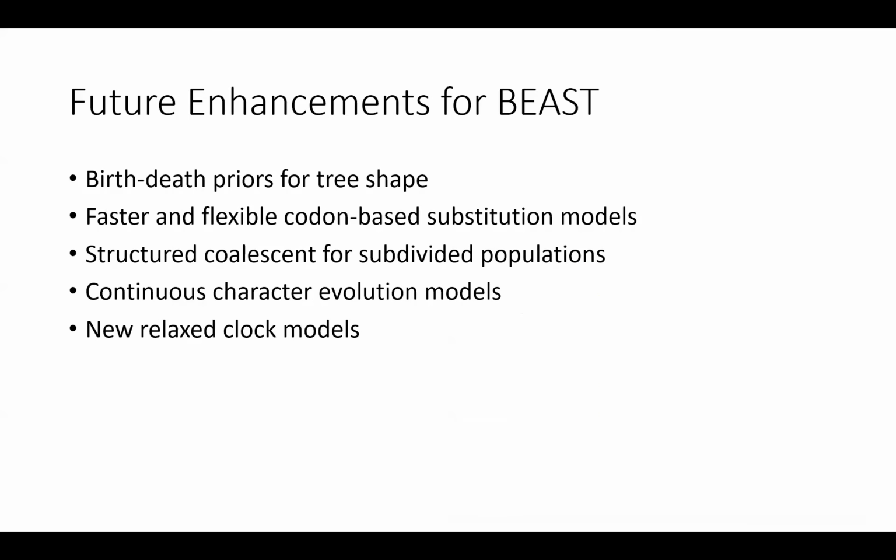So looking ahead, the development of BEAST continues to introduce some new enhancements. Future versions of BEAST will include birth-death priors for tree shape, which will improve the modeling of the speciation and extinction processes. There will also be faster and more flexible codon-based substitution models, enhancing the analysis of sequence evolution